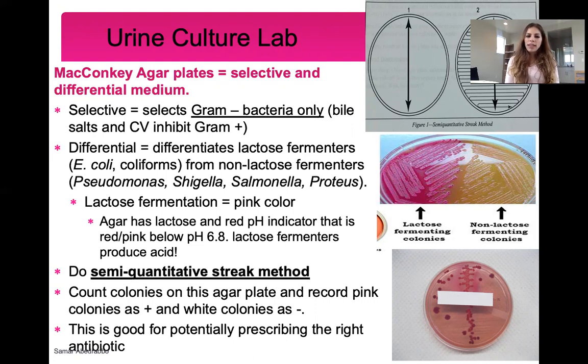And the reason why the lactose fermenters turn the agar pink, or the colonies turn pink, is because the agar has a pH indicator in it and lactose, and the pH indicator turns pink when there's acid produced. And remember that when a bacteria can ferment lactose, it produces acid. So that's the thinking behind the Kaneki agar plates. And you're doing semi-quantitative streak method here. You're counting colonies on this agar plate and recording pink colonies as positive for lactose fermentation and white colonies as